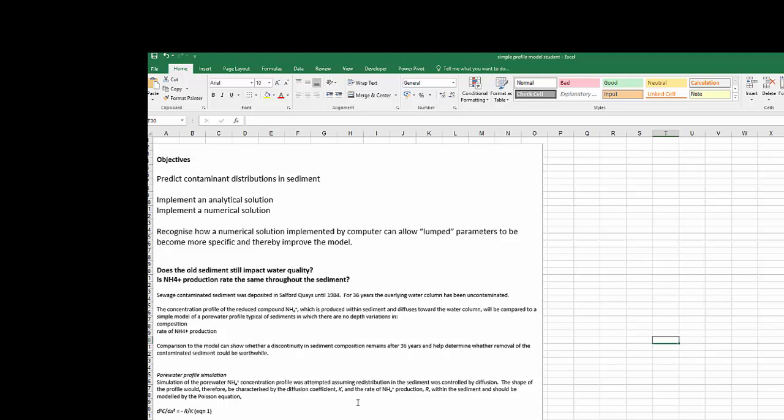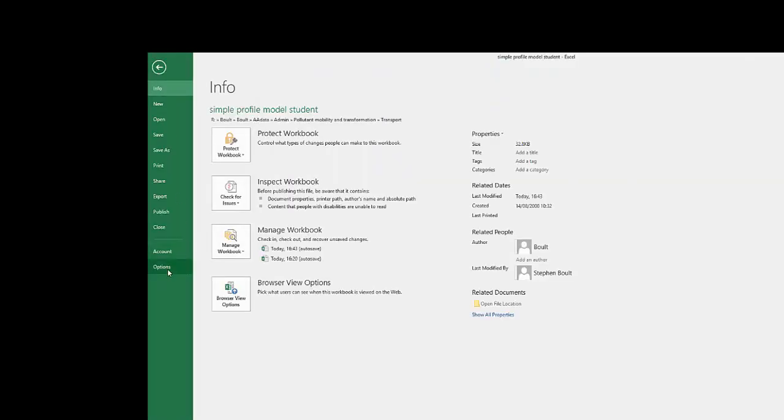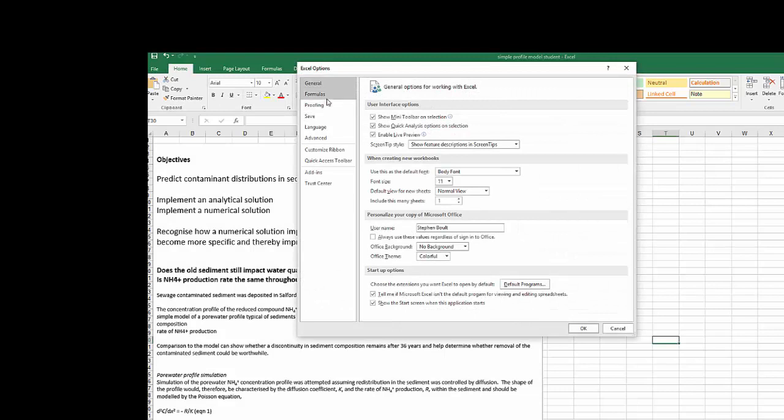First thing you need to do when you open a spreadsheet is to go straight to the settings of the spreadsheet. The Analytic tab and the Numeric tab actually require different settings. The first tab you're going to work on is Analytics, so you need to make sure the settings are correct for that. They won't be correct for the Numeric tab, and we need to change it when you work on the Numeric tab. So if you go to File, Options, Formulas,